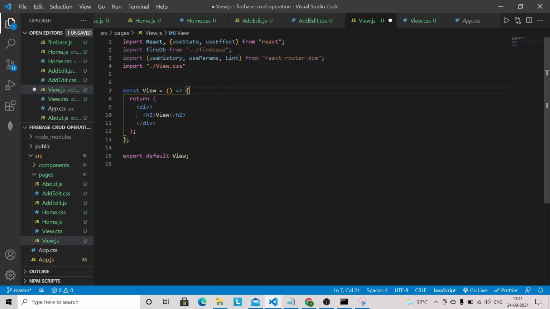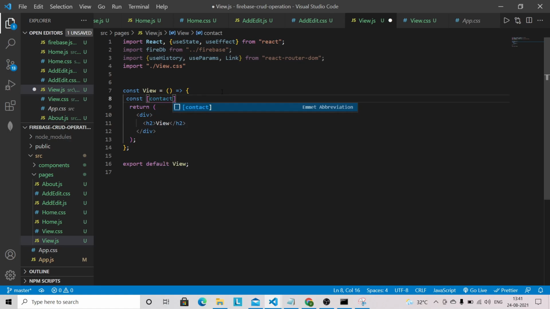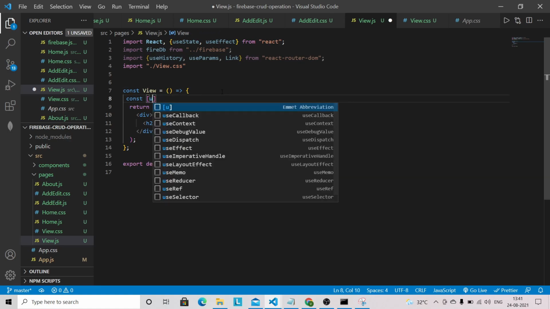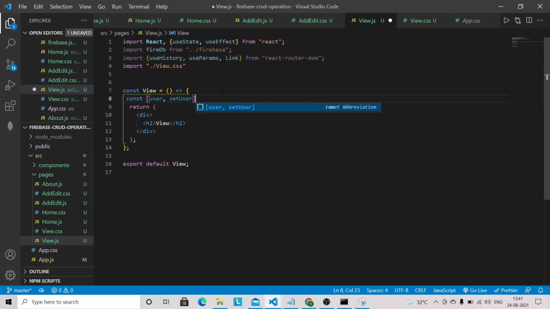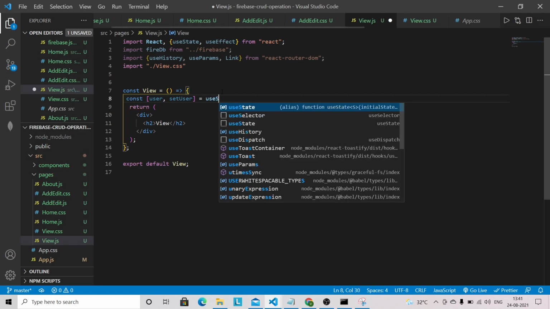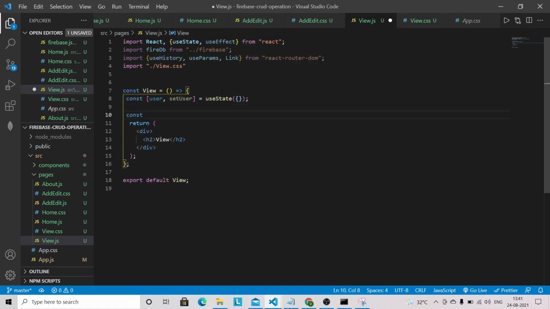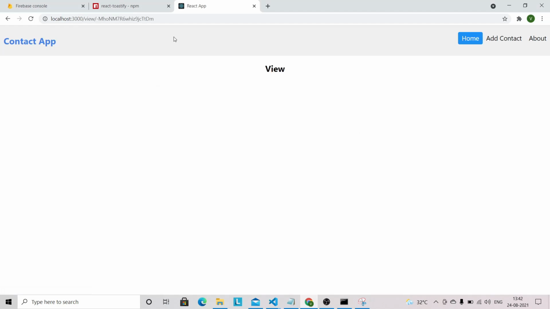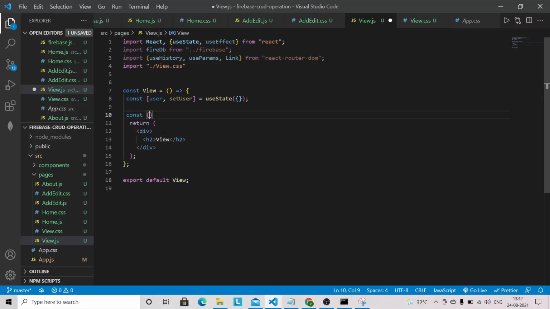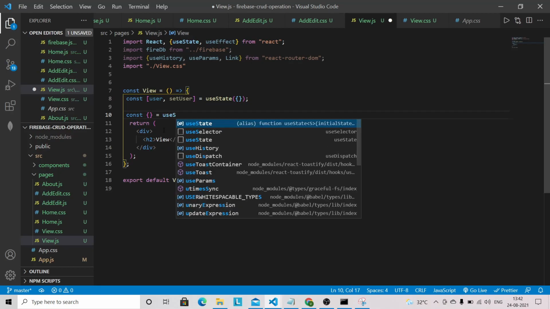and let's define one state. So guys, it will hold only the single contact's details. I'm just going to define one state like user, setUser. So we will have the single user contact detail here. So useState, and this will be an object, and we also have to grab the ID once the user clicks on the view button. If you click on this view button, we have to grab this ID with the help of the useParams hook. So let's grab that ID with the help of useParams,